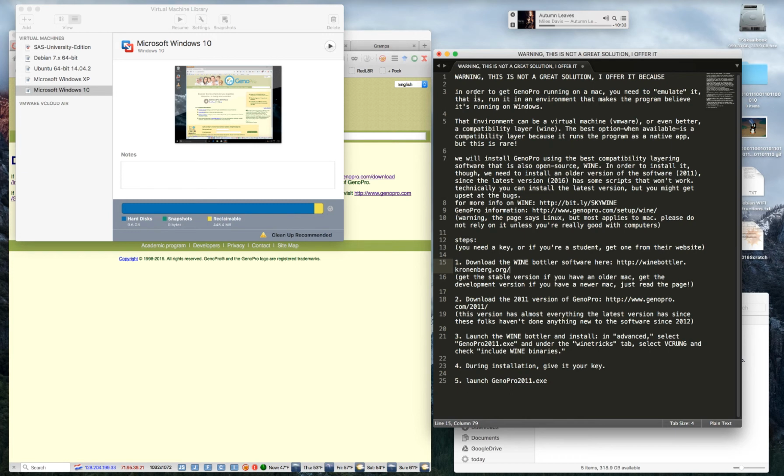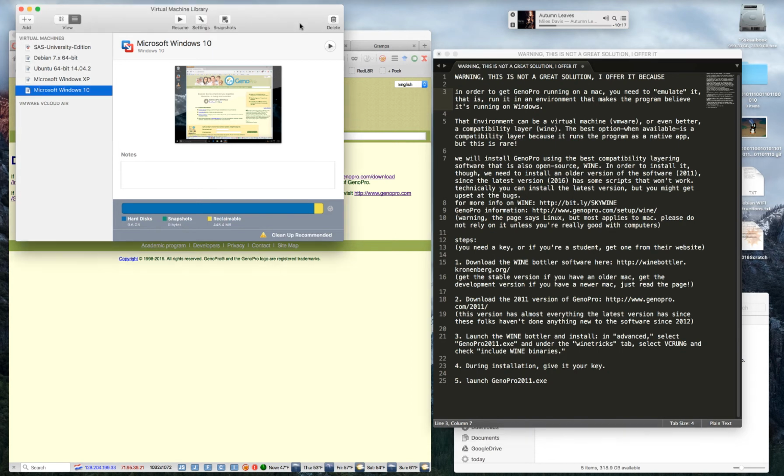Now, there's two ways that you can do this, by the way. Here's my notes, so you might want to read these along with me. The way we're going to do it, in both ways, is we're going to make it think that it's running on Windows. Now, there's two ways you can do this. Number one, you can emulate it, and that is get an emulation program such as this, which is called